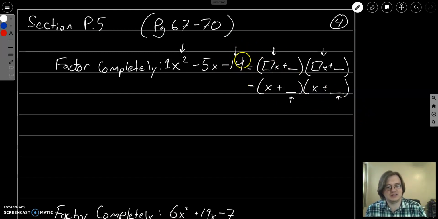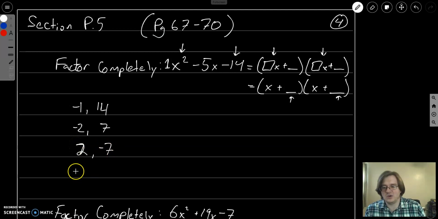So what are all the ways that we can multiply two integers together to get negative 14? Well, I can multiply negative 1 and 14. I could multiply negative 2 and 7. I could multiply 2 and negative 7, or 1 and negative 14. And if I were to plug these numbers in here,